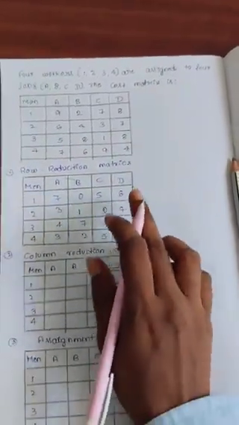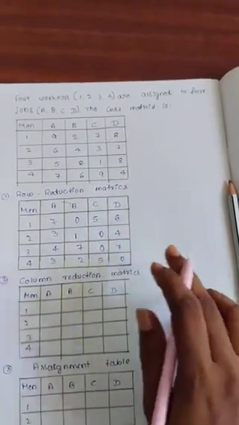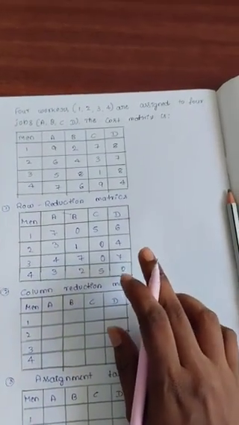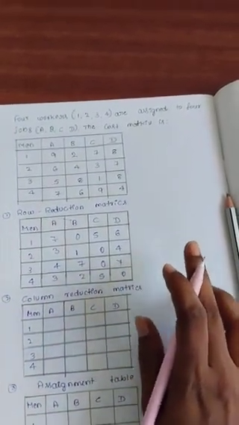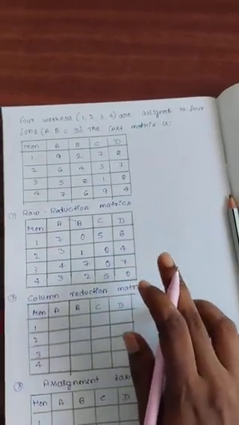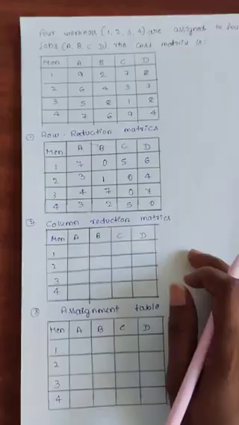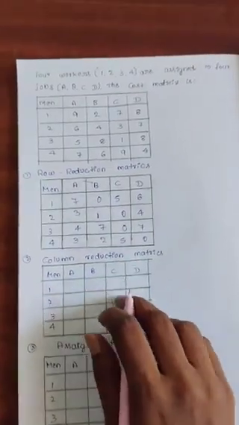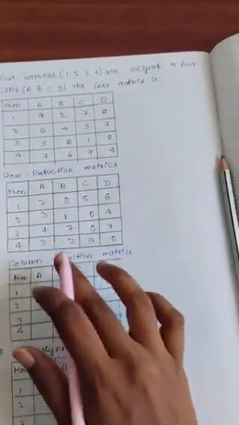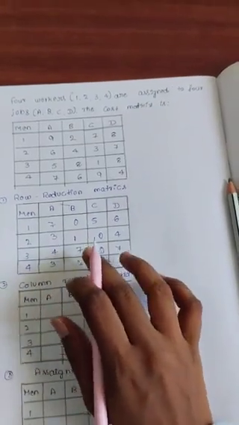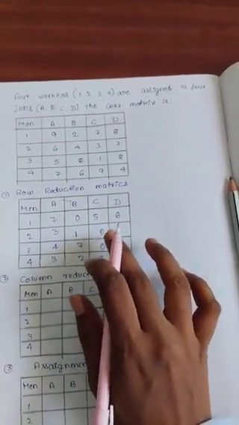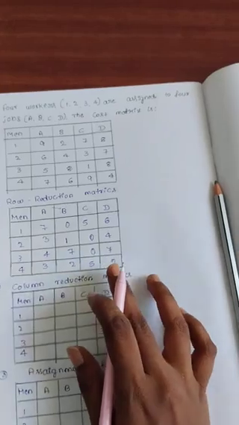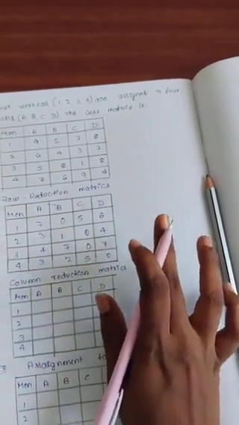After finding the minimum value in each row and subtracting it from every element of that row, we obtain the row reduced matrix, and we can see that every row now contains at least one 0. Next step is column reduction. Now we find the smallest element in each column of the row reduced matrix and subtract it from every element in that column. This creates at least one 0 in every column.